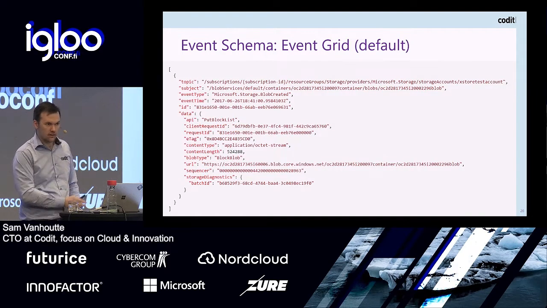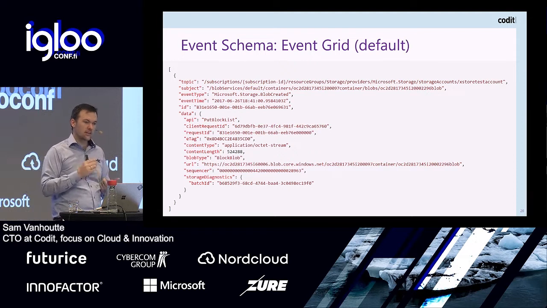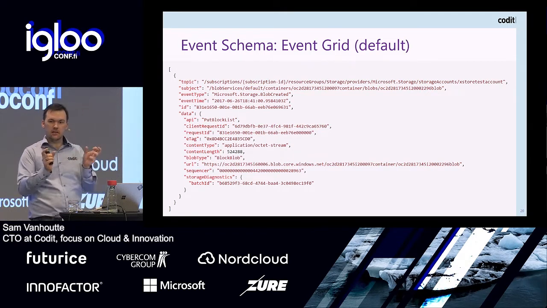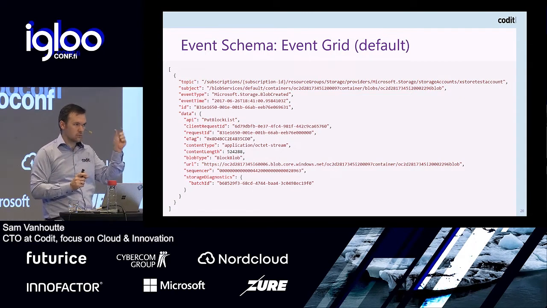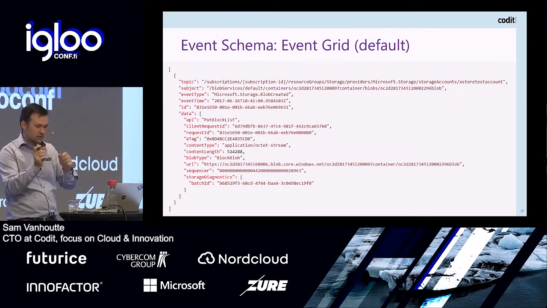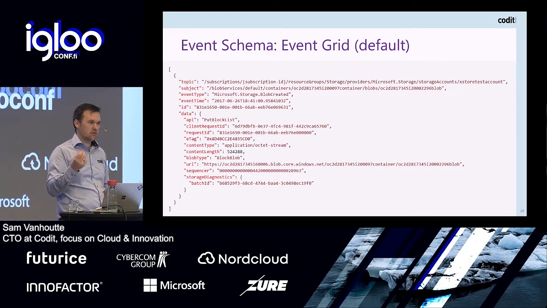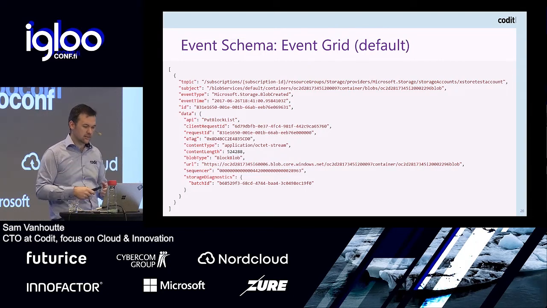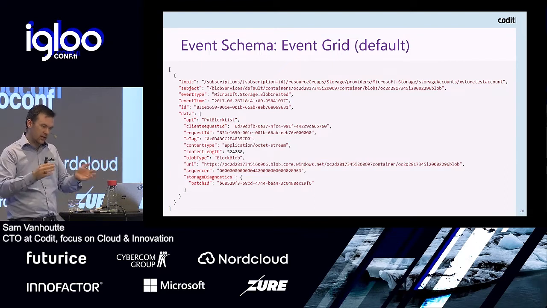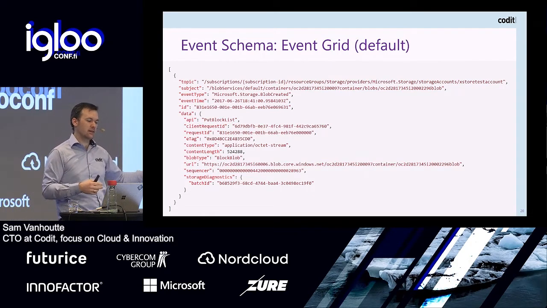This is what an event looks like. I'll not talk about the details. So this is a standard schema with a topic where you send it to, and the subject. That could typically be the device ID of your IoT Hub. This could be your machine learning model link and so on. There's an event type. In this case, it's blob created. So you can use that to handle it. You can have blob deleted, directory created, and so on. Every event has a unique ID and an event time: when did the event happen?